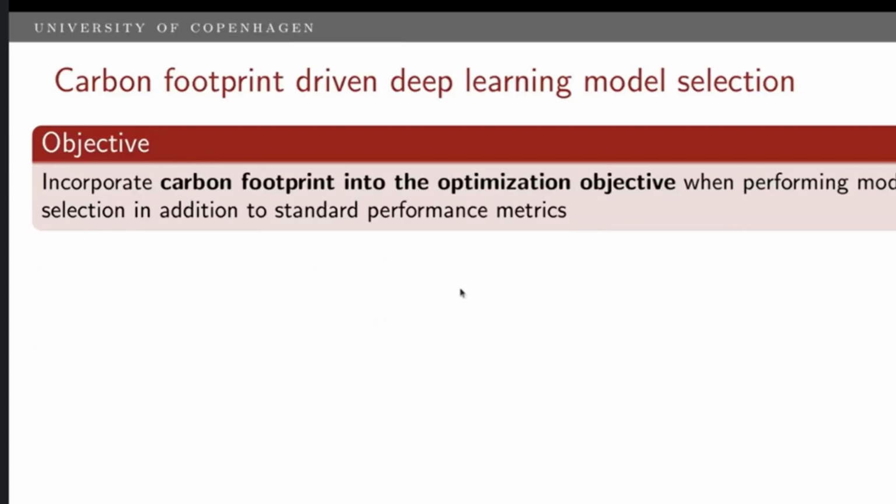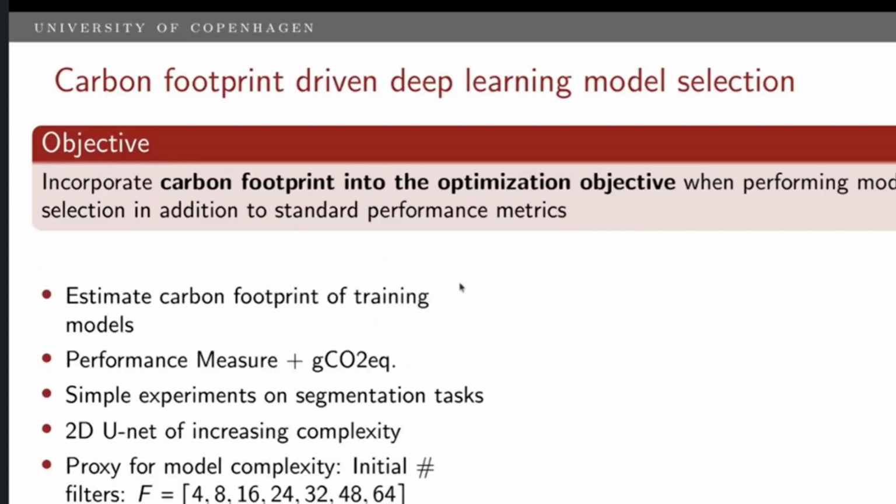You would start out with some configuration and then tinker around, or do an expensive grid search over hyperparameters. In most cases, if you use just performance as a measure, you would end up with models which are